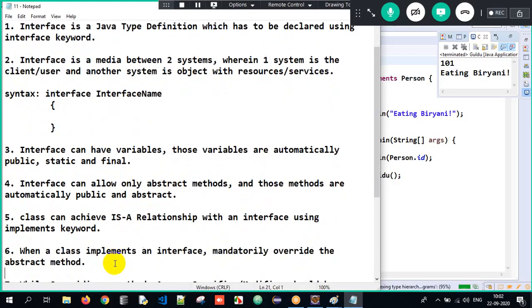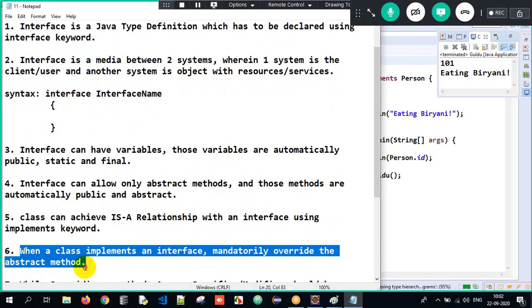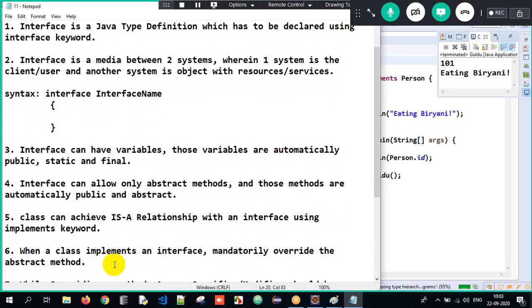Okay. So now here, what are we supposed to do? When a class implements an interface, mandatorily you have to override the method. When a class is implementing an interface, it means the interface has abstract methods and does not have any implementation. So we have to implement the interface in such a way that the major goal is to override it to provide the implementation.